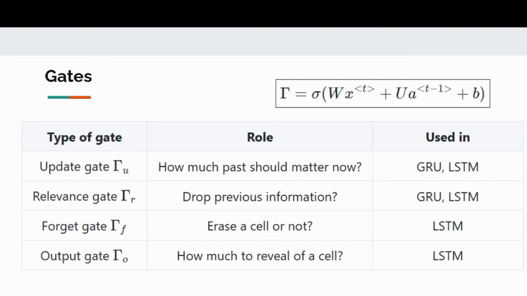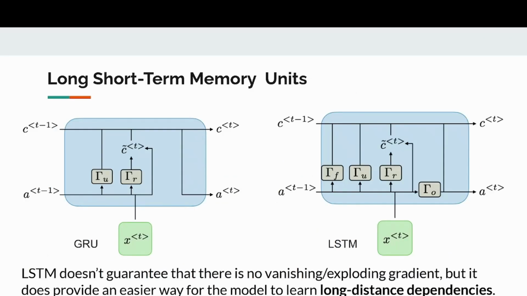Next is the use of gates to help with the vanishing gradient problem. There are different types of gates with different notations and different sources. We'll call the gates different things, but the use of gates allows the network to control the information. Also importantly, instead of it being more of long-term memories, now we can have short-term memories and long-term memories, as seen by this diagram. Here, the C represents the cell state or the long-term memory, and the A applies to the short-term memory, often sometimes noted with the H instead for the hidden state.